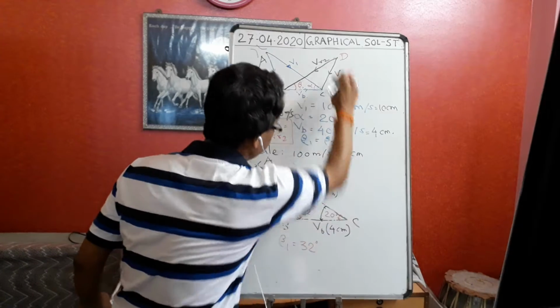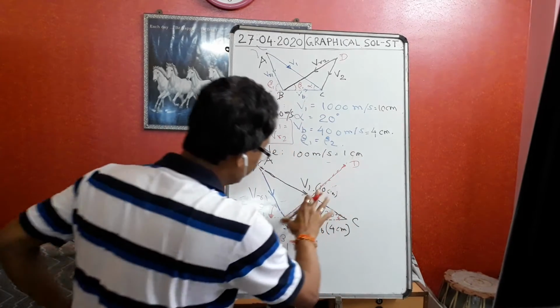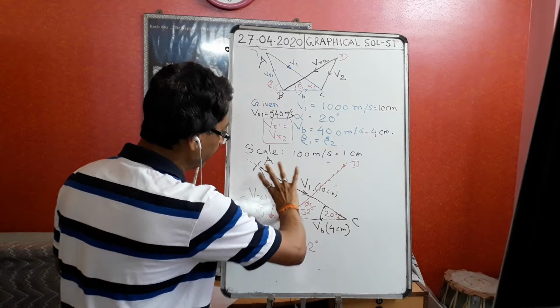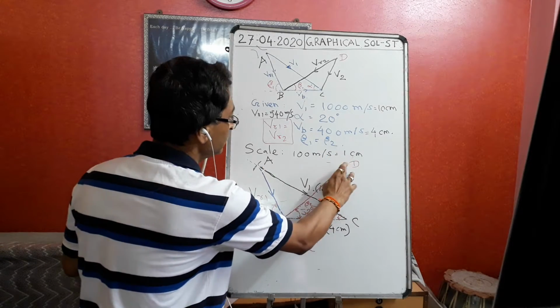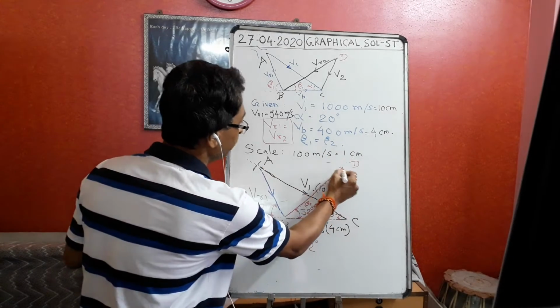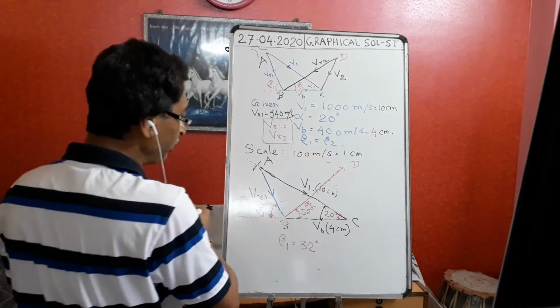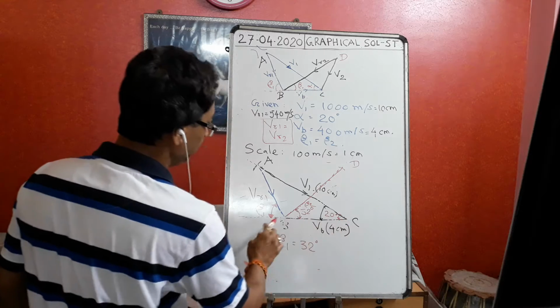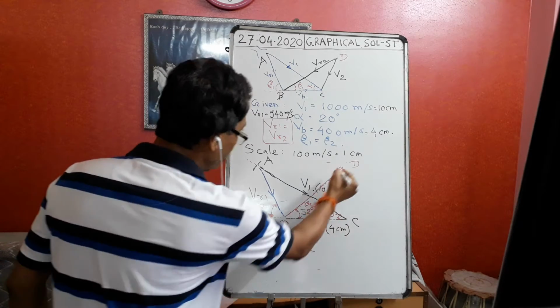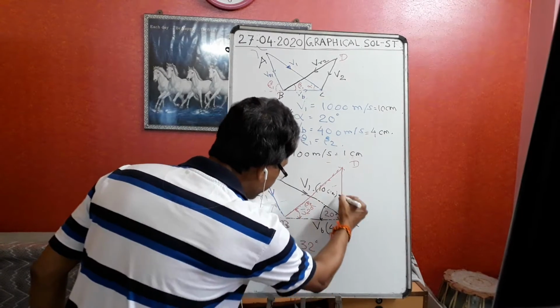You can find this point; it will be the D point. With the help of the compass, I will take 5.4 and cut it. So this point will be the D point. C point is already known, B point is already known. What I will do is join these lines, CD.